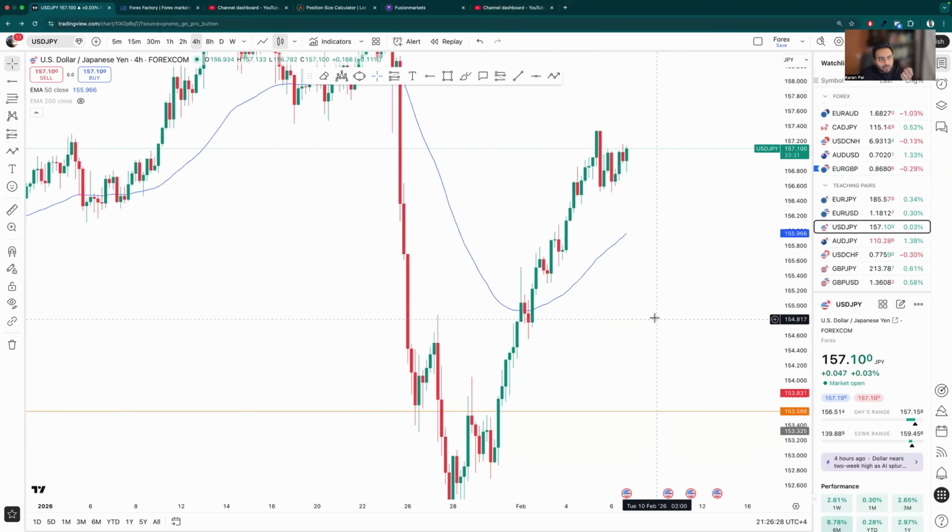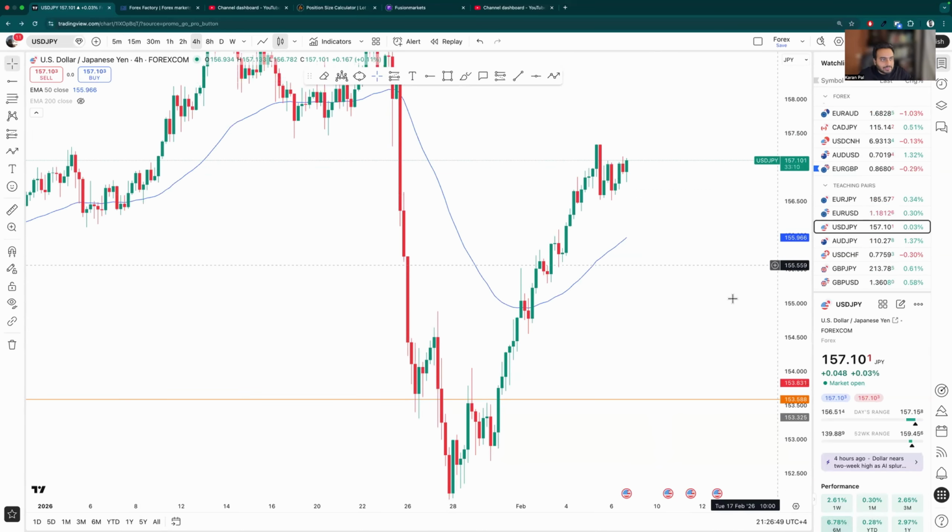It's always better to write it down on your screen. There's this text option available. You can write it down. You can draw lines and everything. Make sure that you note all of this stuff on your charts on the current pair. Don't go on writing in your book or anything. Just write it down here on your screen. So make sure when you come here, you are able to look at that text clearly.